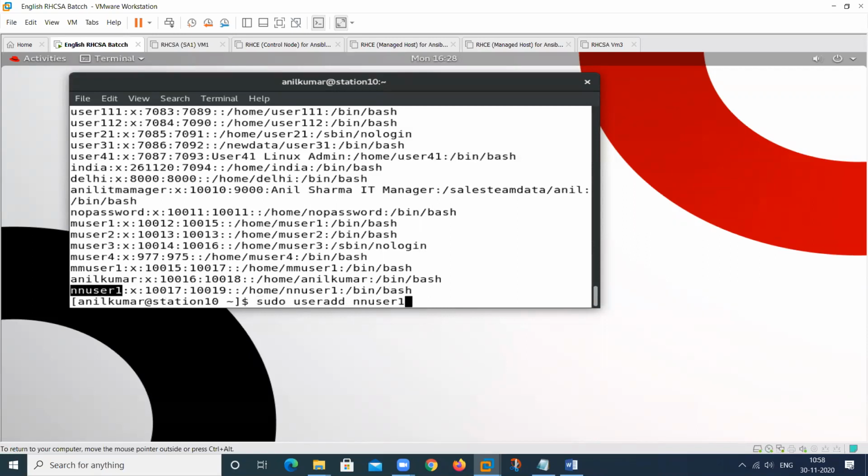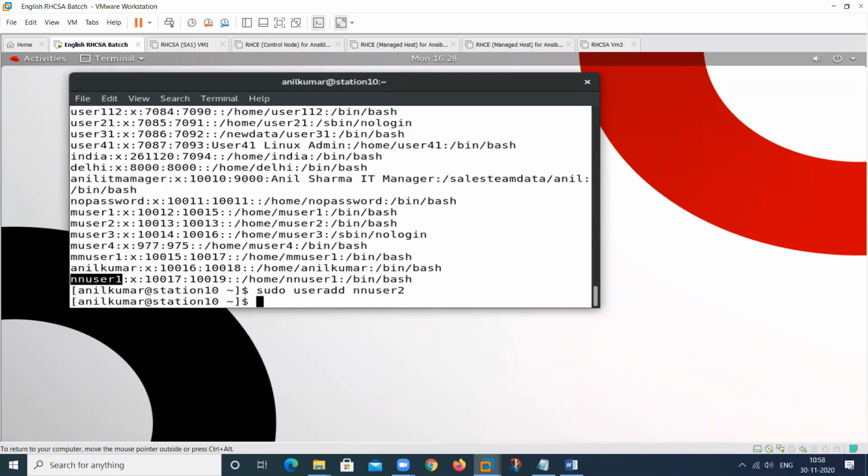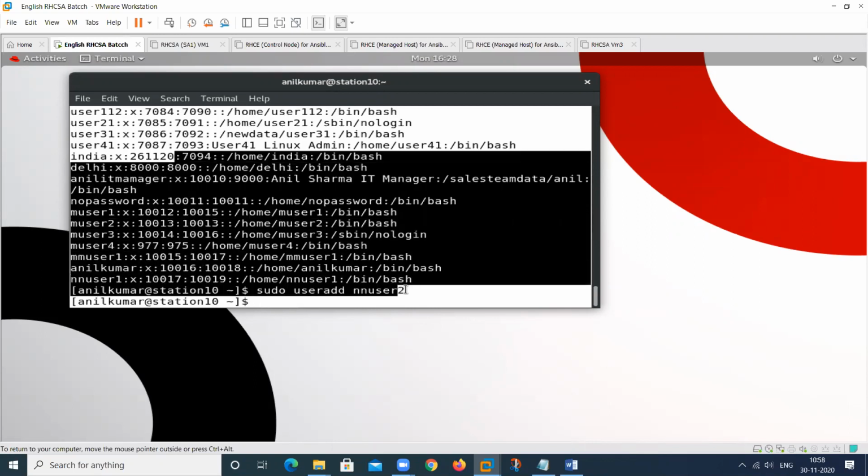Suppose I am creating user2 again, this will not ask for the sudo password again. You can check this. This will not ask for the password. The first time it will ask for the password. We can also disable this particular functionality. On the first time, it will not ask you for the sudo password if you make some changes.